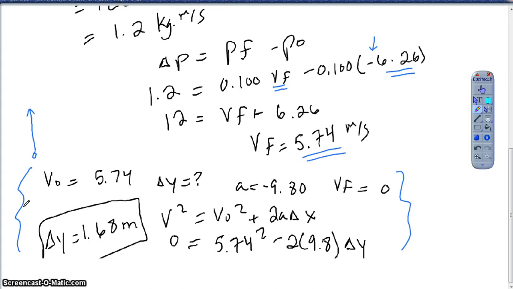Obviously, if you need to pause this and go through any of the work, feel free to. But like I said, I'm going to keep moving to try and get this part down here. So anyway,